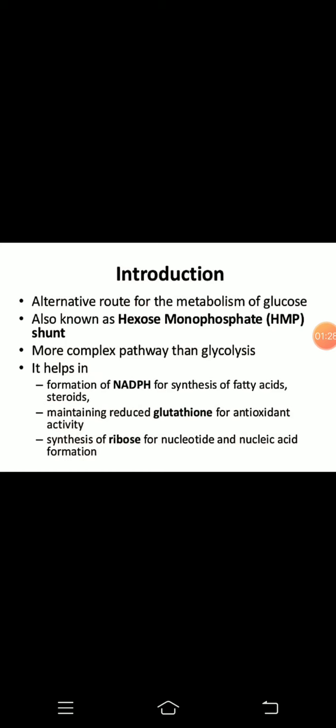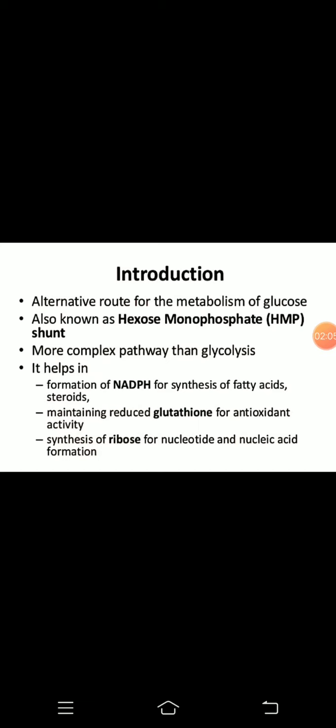The same thing, this pentose phosphate pathway is also carried out in the cytoplasm of different types of tissue, like the liver, then RBC, then the adipose tissue, then the adrenal gland, then the testes, and also the lactating mammary gland. In these cells this pentose phosphate pathway will occur, in the cytoplasm of those cells. And as I told you, it is anabolic.